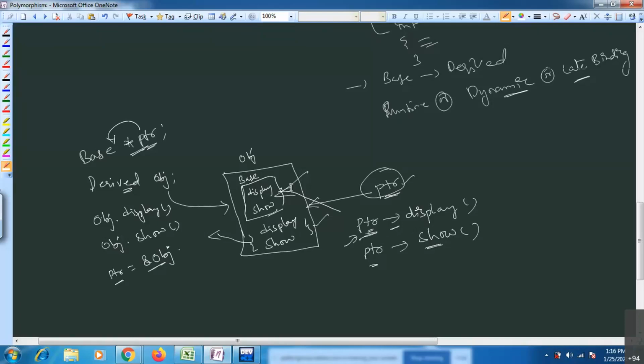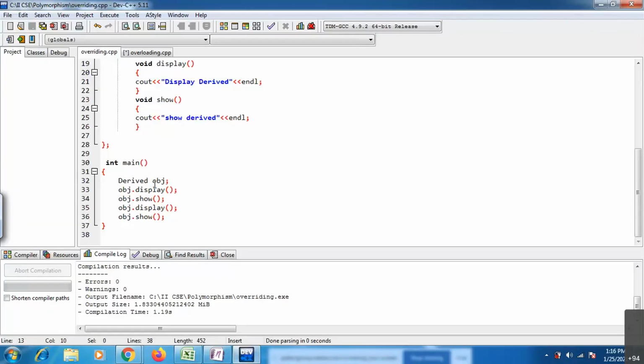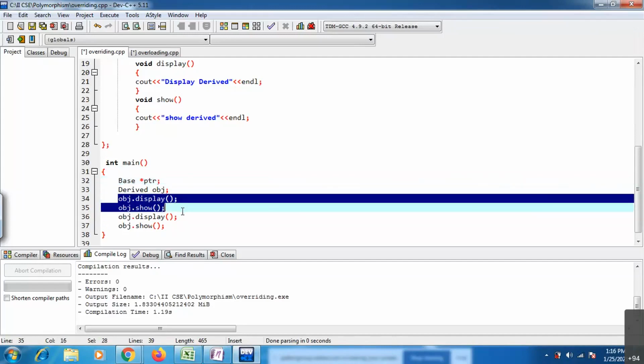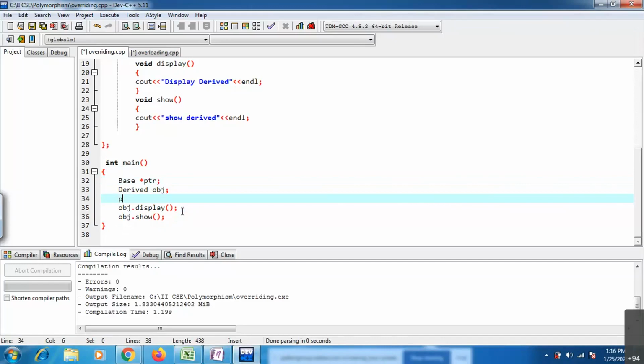Let's see here. I will just create one pointer object, like base star ptr. Now ptr equals to address of obj.